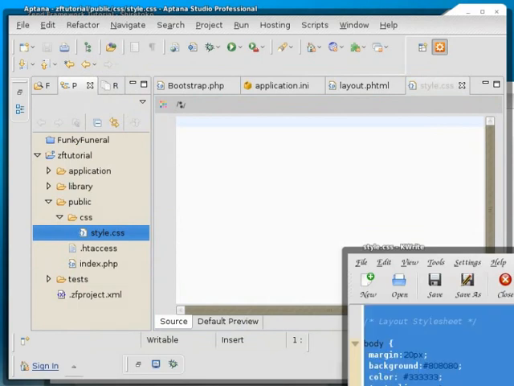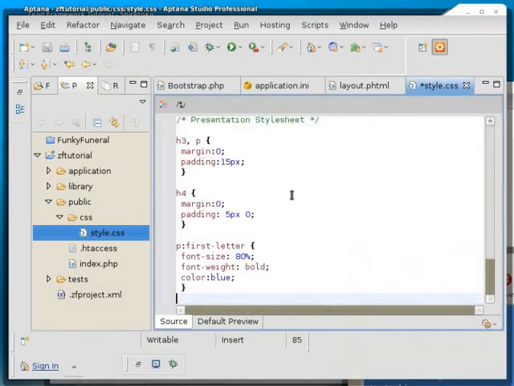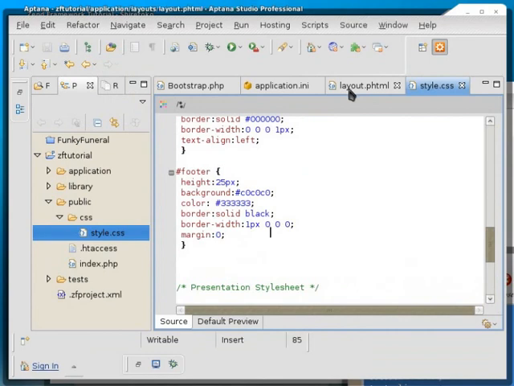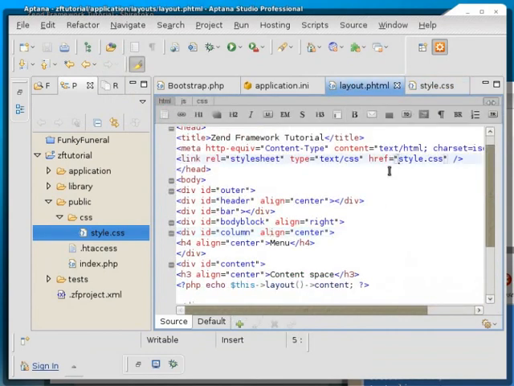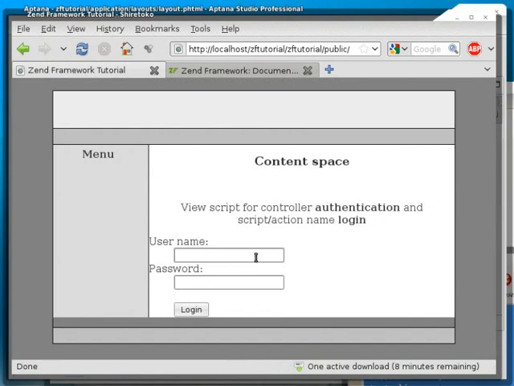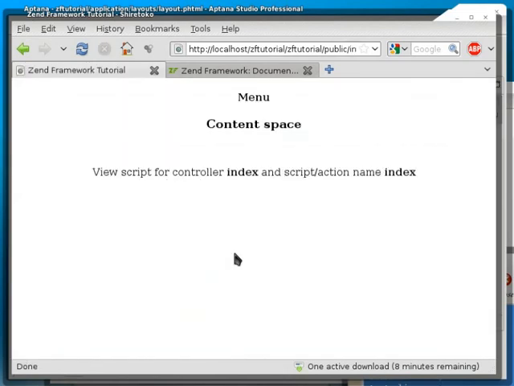and I have the CSS file pre-made here. So normally I would just adjust the template and it should work. Okay, so it works for the authentication controller login action. Now let's see if it sticks to the rest of the application. Okay, we have a problem. The style sheet is not being applied. Why? Because